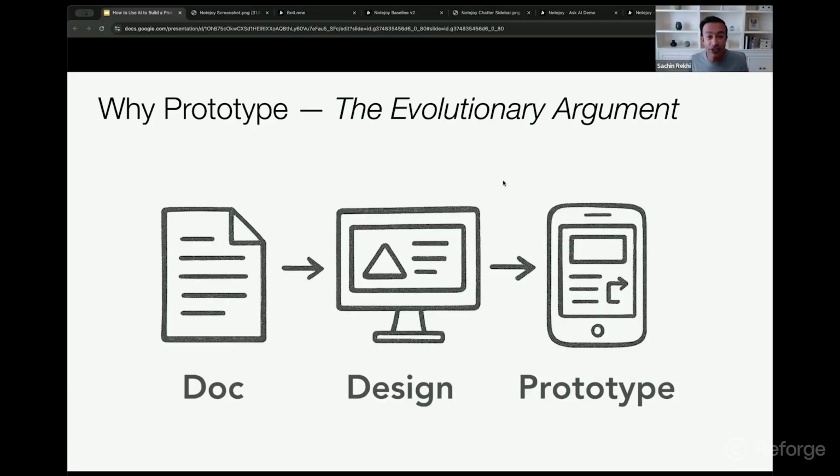What we now typically do is write lighter weight specs and leverage the fact that we can create design mock-ups that really detail what the experience is. As they always say, a picture is worth 1,000 words. It's this idea that the design mock-up is a higher fidelity way for us to communicate and debate what the right product experience is. And so we've already seen this shift to leveraging designs heavily and relying less on detailed PRDs as the way we communicate our product designs. Prototyping is really the next evolution of that.